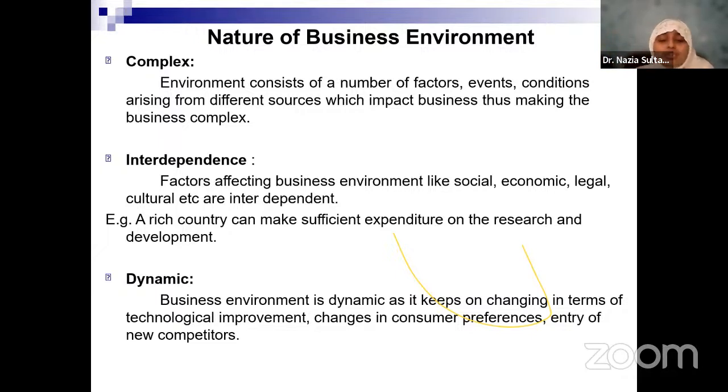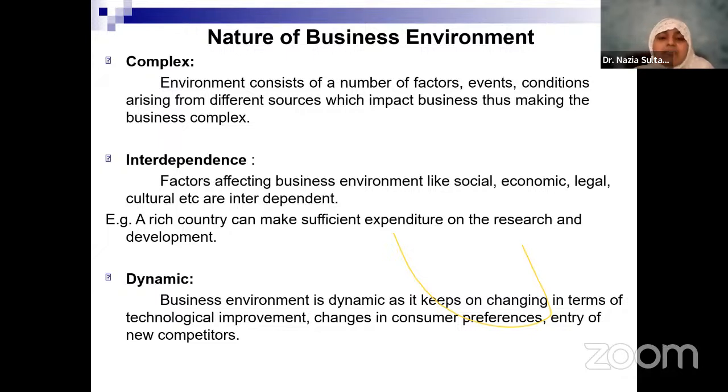Or you talk about the socio-cultural environment, the environment which is there generally in the society to which the consumers belong, where you talk about their social backgrounds, their economic background, and the demographics. So all of that will have an impact on the business. So you are talking about a combination, an aggregation of all these things which have an impact on the activities of a particular business. Let us now examine what is the nature of this business environment.